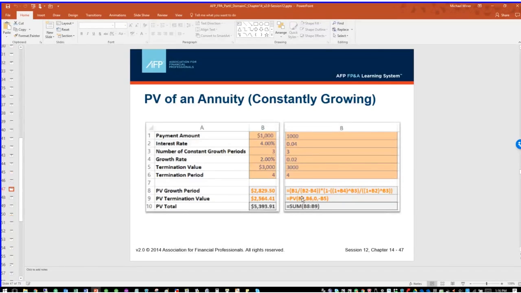By the way, the terminology for an Excel function is that you start with an equal sign, which tells Excel that what's coming is some sort of formula. Then if you're going to use a function, there's the function name. In this case, we're doing present value, so the function name is PV. Then there are one or more arguments separated by commas contained within parentheses. So each one of these things like B2, B6, 0, and negative B5, those are